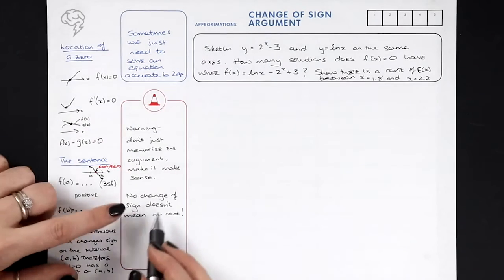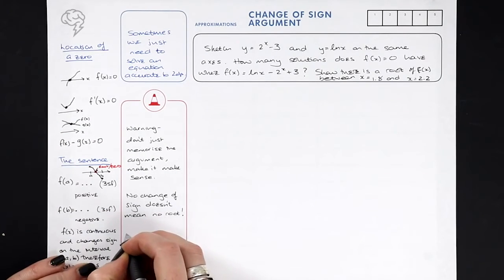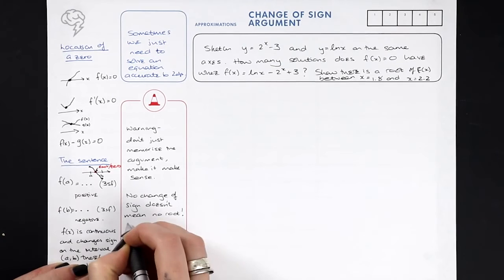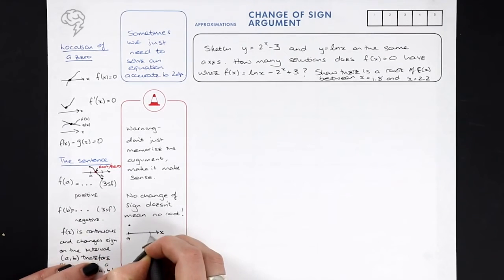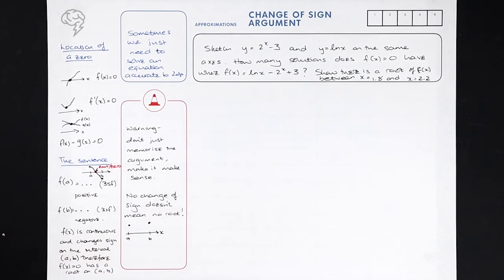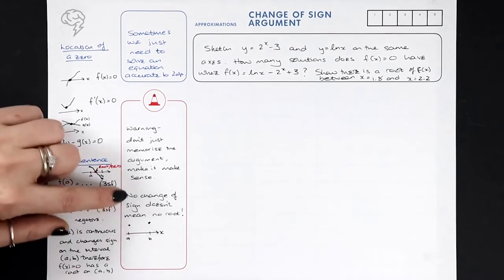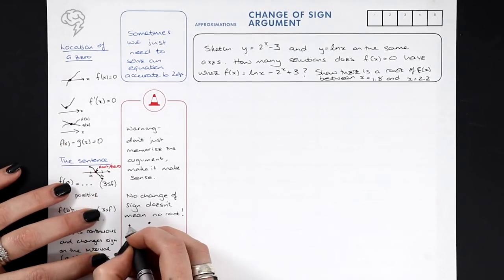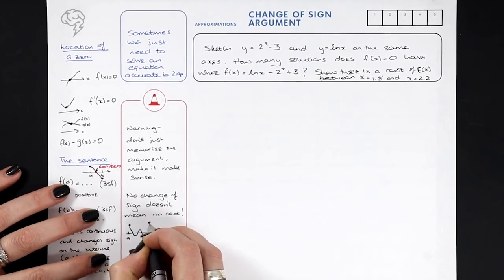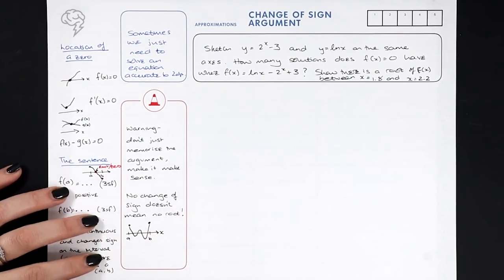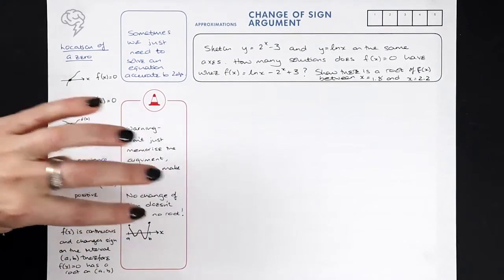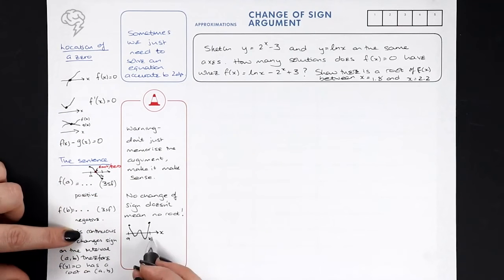Okay, thinking about it the other way around, let's say we don't get a change of sign. Does that mean there isn't a root? So we go to A, we go to B, they're both positive, it doesn't change sign, therefore there's no root. That's not true. We could have loads of roots, look. Whoop, loads and loads of roots. So if you understand what that change of sign and continuity tells you about the graph,